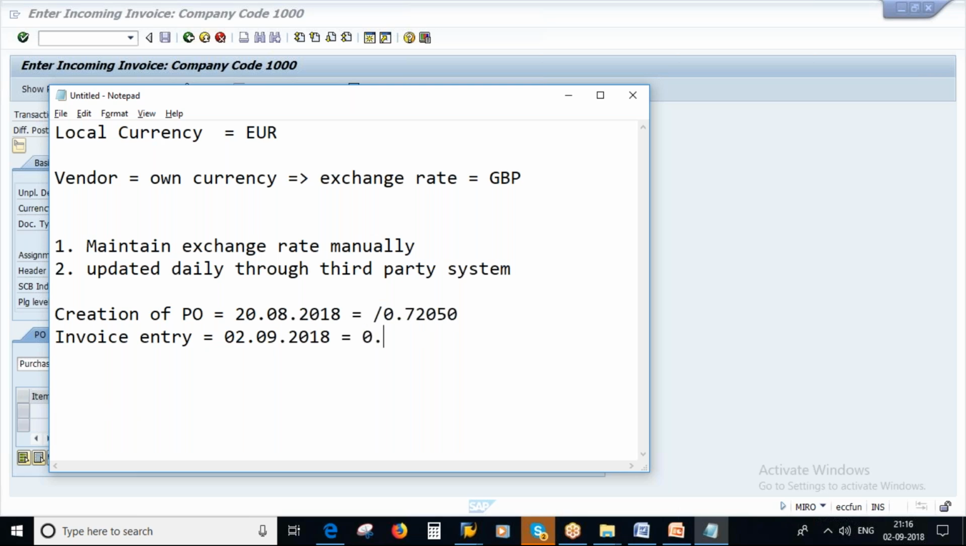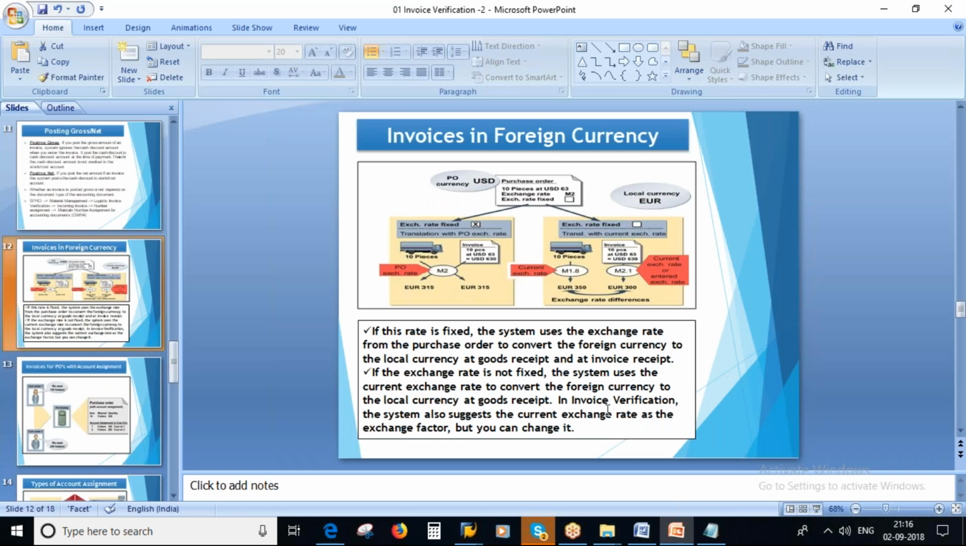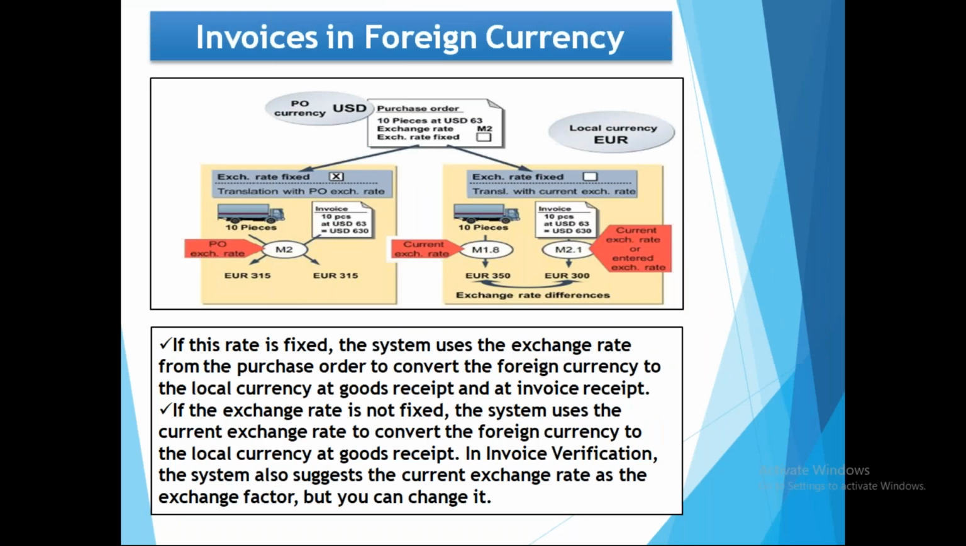Let's say on the day the exchange rate is, let's say, this one, 0.650. The system will propose this one, not this one, which is in the purchase order. That's what you need to understand here. In invoice verification,